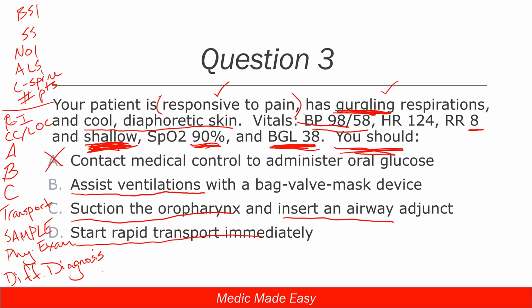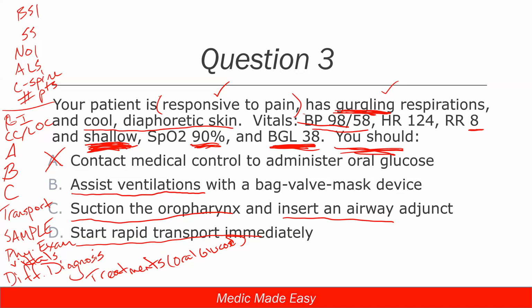And then, based off of that, we're going to do any other special treatments for that patient. So if it was appropriate to give oral glucose to this patient in this question, which it's not, but if it was, oral glucose would be down here in these other treatments, right? What I also missed in here is vitals, right? The vital signs, part of that physical exam, get your vitals. Right? So it's after all of that, we'll do those other things, right?